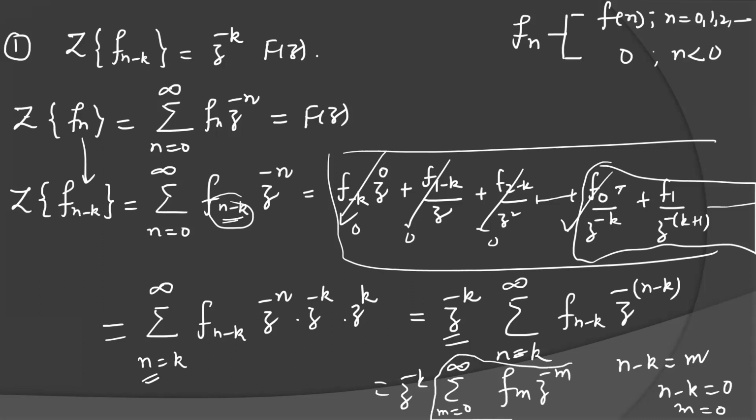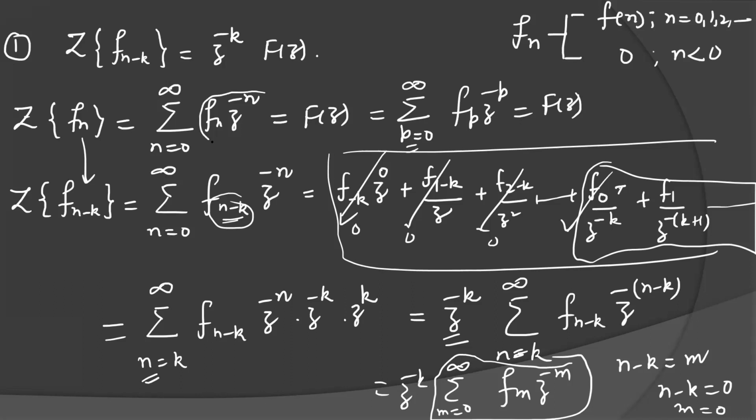This is the definition of z transformation. It is not compulsory; you can change the variable like in integration. It can be written as sigma p equal to 0 to infinity f(p) z to the power minus p. It will be again F(z). It is not going to change. You can change the variable, but the inside function will be changed accordingly. The limit will not change. The limit will be 0 to infinity only.